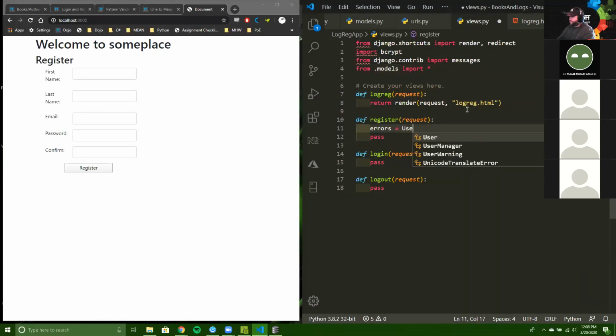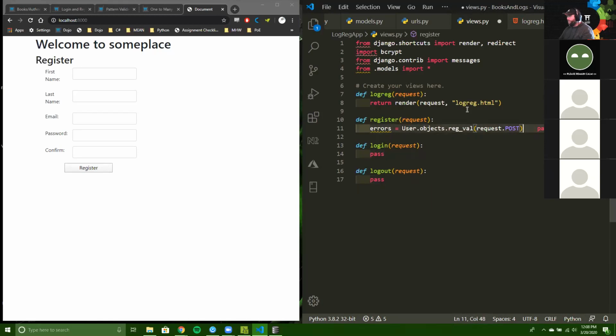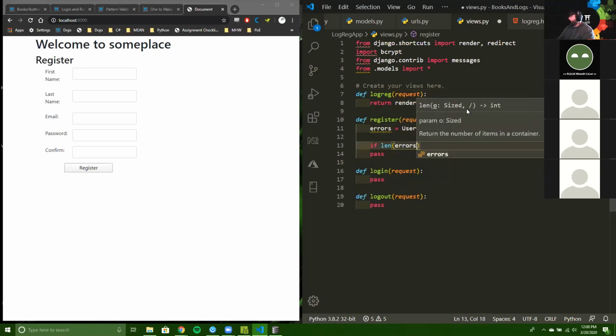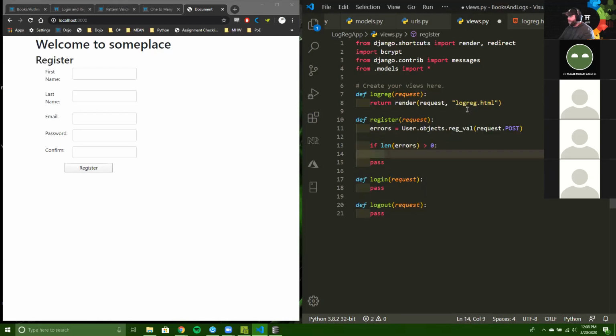Errors equals User.objects.reg_val(request.POST). And then I'll say if the length of errors is greater than 0, I want to loop through that errors dictionary. So for key, value in errors.items,